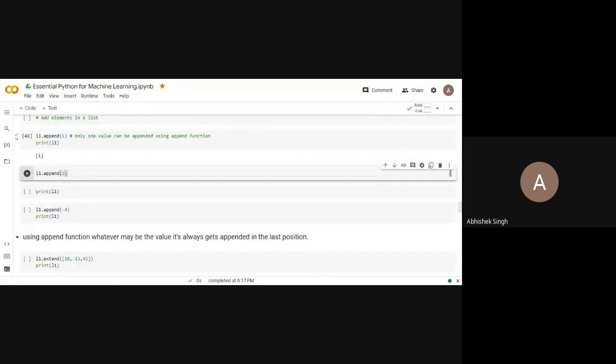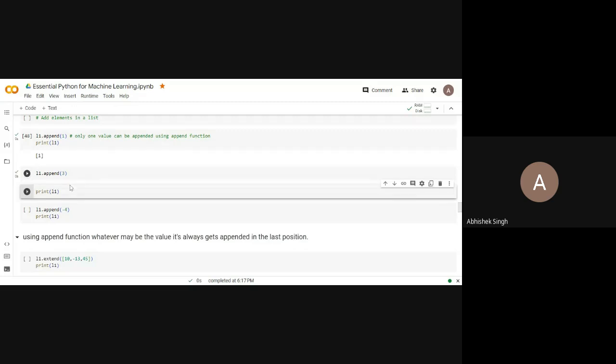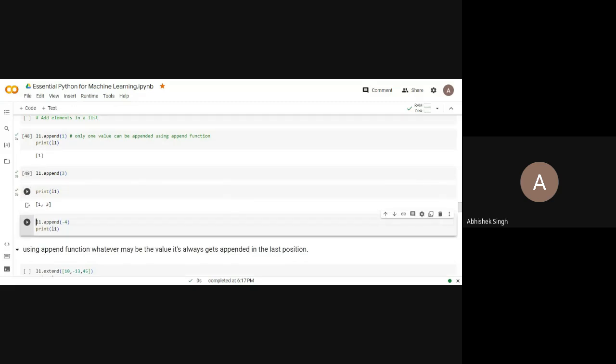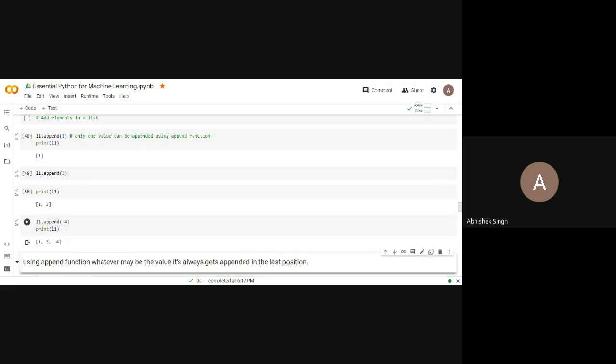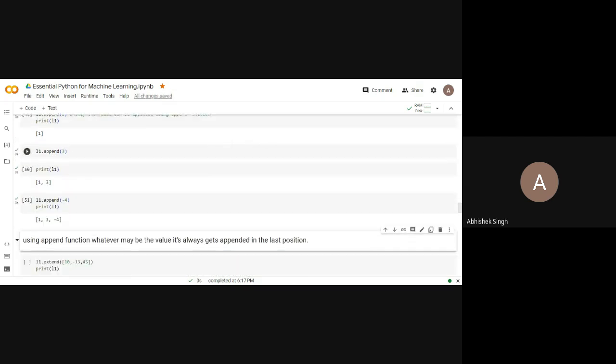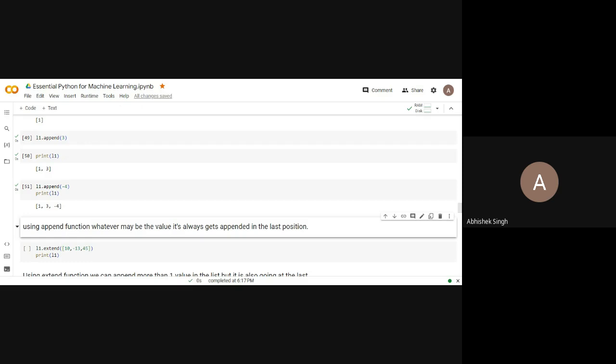Let's append another value, 3, and print it. Now 1 was there, and 3 has been added. Let's append -4. So 1, 3, -4. One important thing you must notice with append is that whatever the value may be, it always gets appended in the last position.